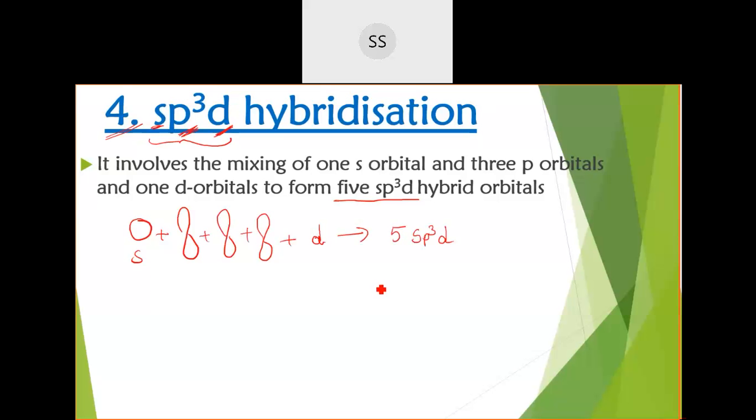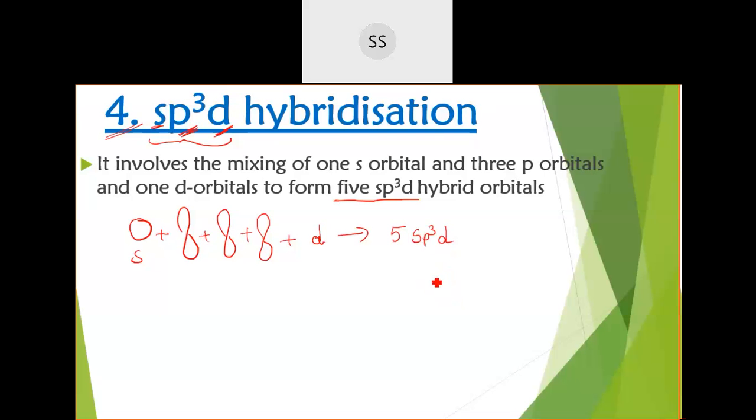Altogether it gives you 5 sp3d hybrid orbitals. Now if you have 5 bonds, students, how are we supposed to arrange them? According to VSEPR theory, there are 5 bonds, no? Based on that, how will we arrange them? It won't be pentagon. Yes, trigonal bipyramidal. Good. It should be trigonal bipyramidal. You are having 5 bonds.